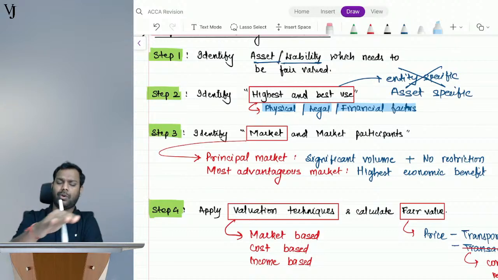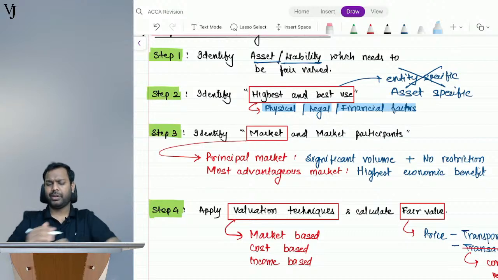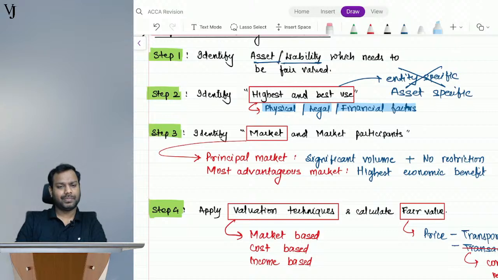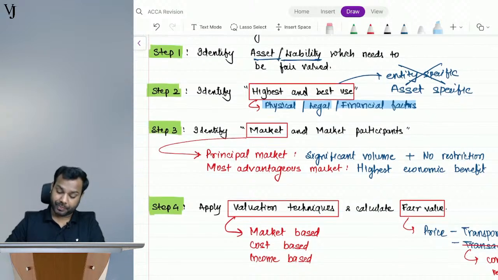Why did you guys go low on energy in the middle of the class? Come on guys, be motivated. High on josh. Tell me, is it clear, everyone, so far? Okay, fair enough.